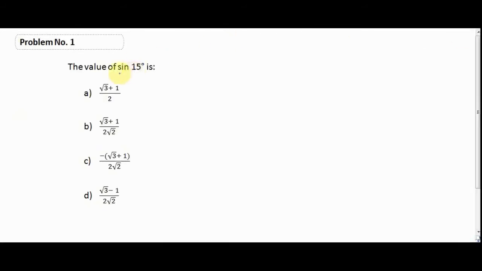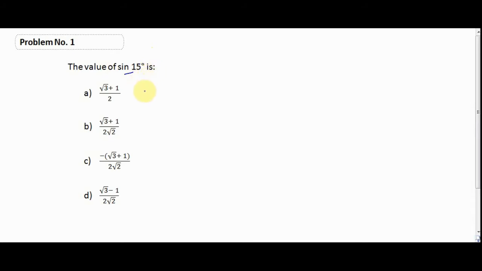The value of sine 15 degrees. We are asked to calculate the value of sine 15 degree. We are familiar with the values of sine functions. We know what is sine 0, we know what is sine 30, etc., up to sine 90 degree. But we do not know the value of sine 15 directly. So to solve this question, we will have to use few equations that we studied in previous lectures. So please pause the video and try to solve this by yourself.